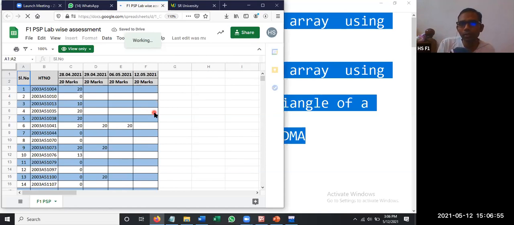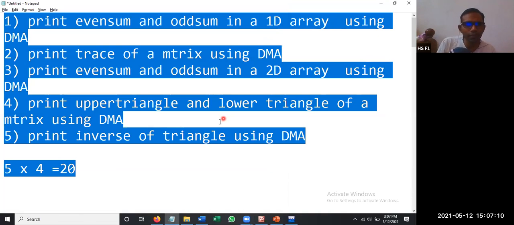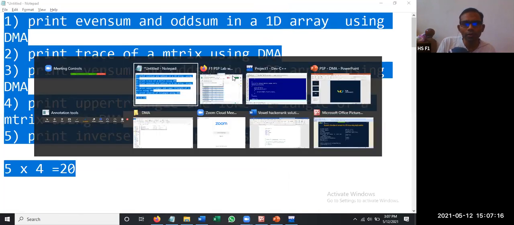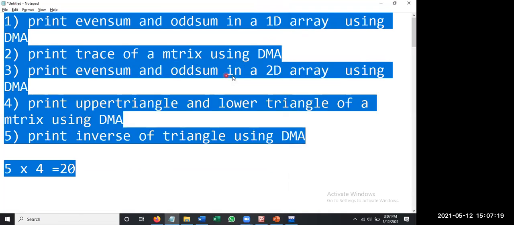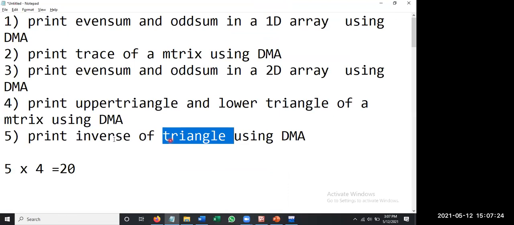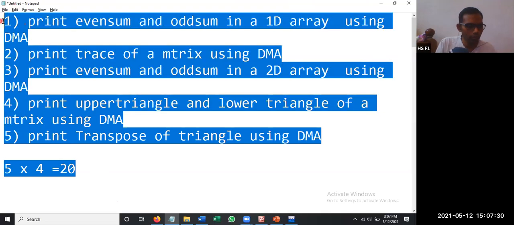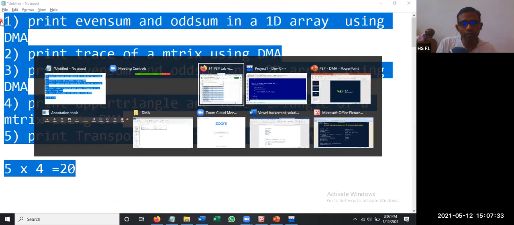Do some work. Okay. Please don't post the programs if you can't show them in WhatsApp to your faculty. Sir, inverse or reverse, sir? Fifth one, inverse. Rows becomes columns. Okay, rows becomes columns. So try this one. Sir, that is transpose, no, sir. Transpose, yeah, good. So then that is transpose. Thank you for that. So transpose of a triangle. Good one. Inverse, no, inverse is different. 0 becomes 1, 1 becomes 0. That is inverse, no?